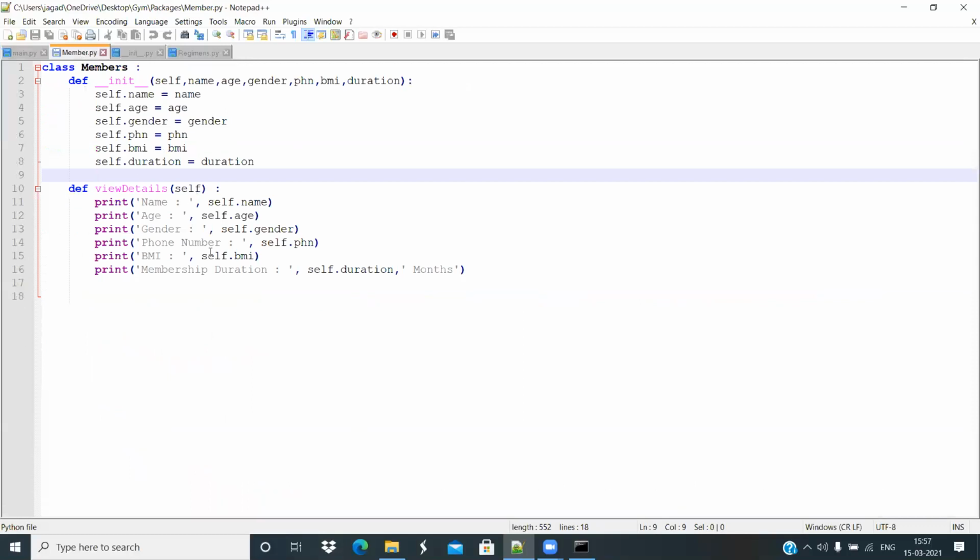Member is a class. The structure of a class is that it contains a class name, and it has a constructor, init. Init is actually a constructor here, and then we give the values for the class. Each class can also have particular methods assigned only to it.